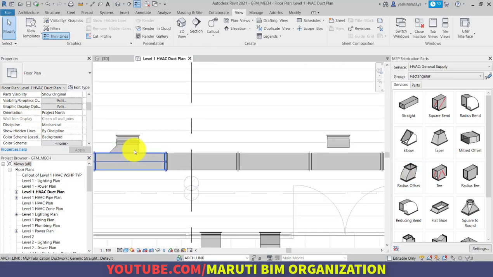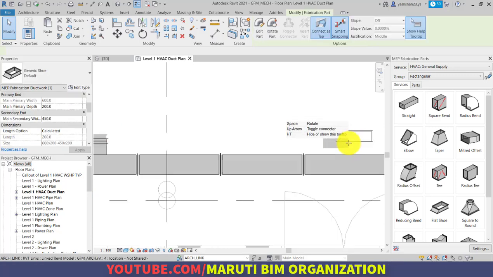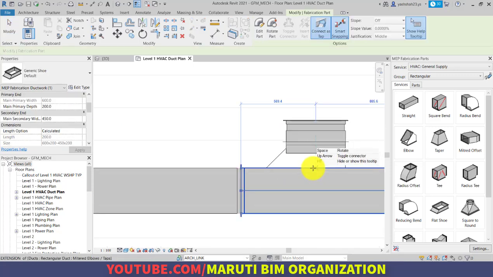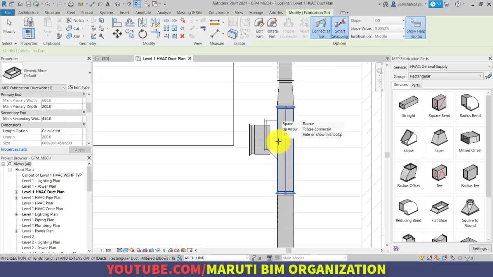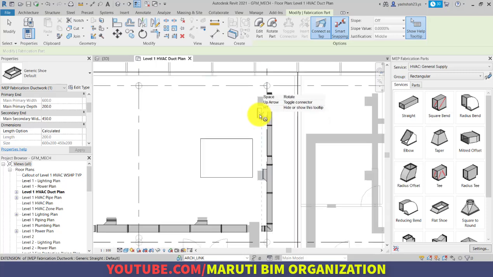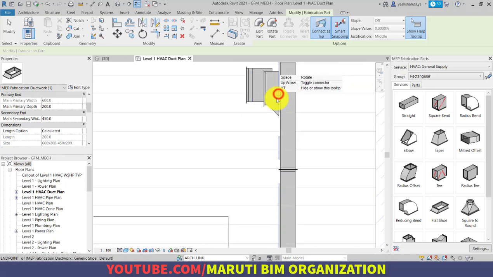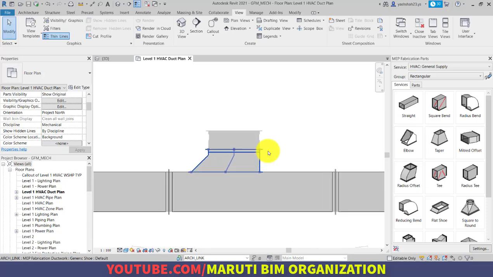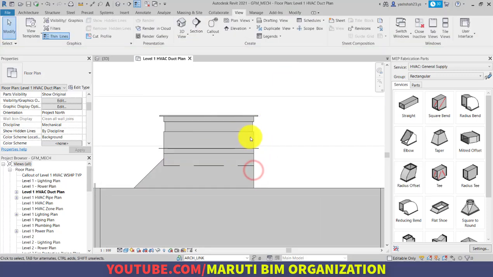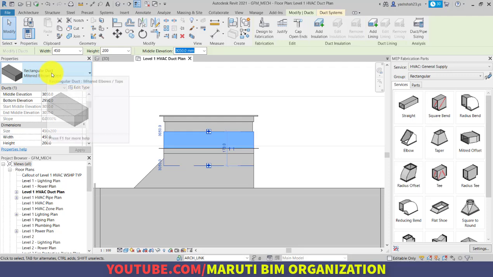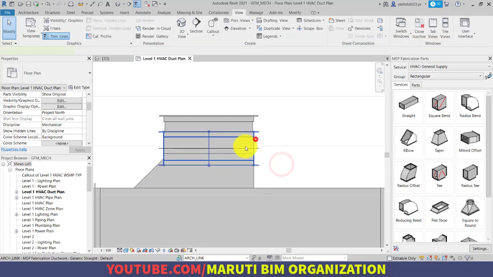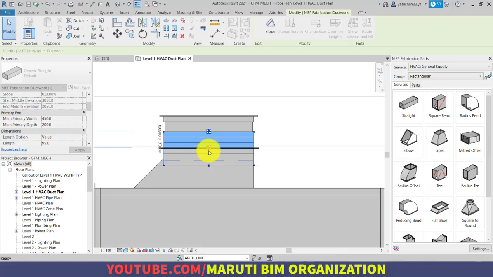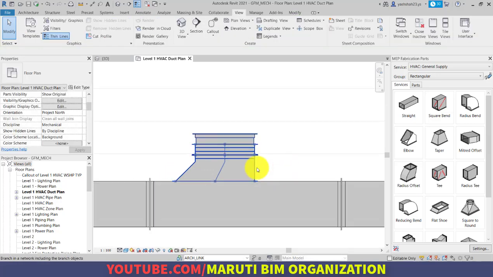Similarly here as well, and the last one here as well. Now selecting this connection, rectangular duct, miter elbow, tab, design to fabrication, tab key.